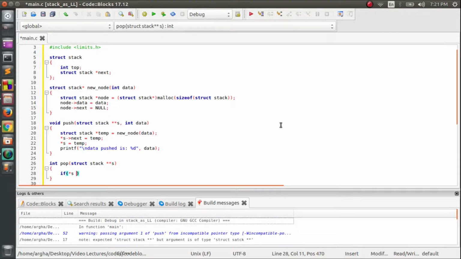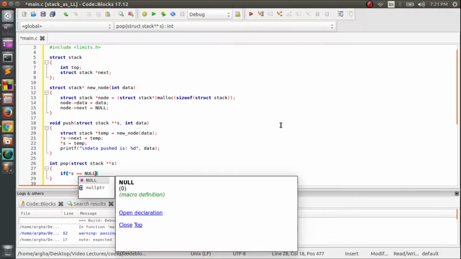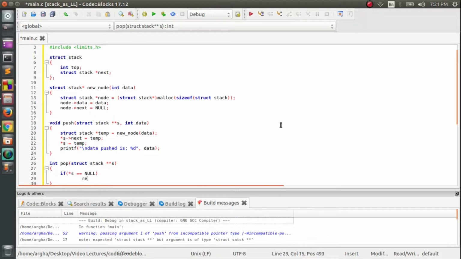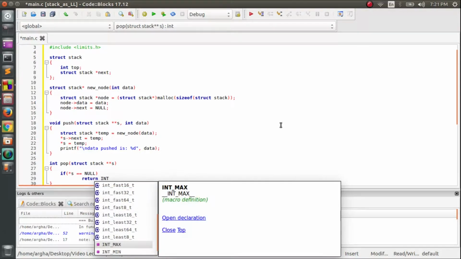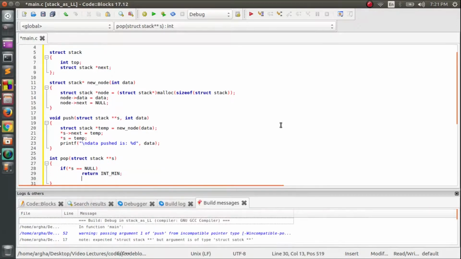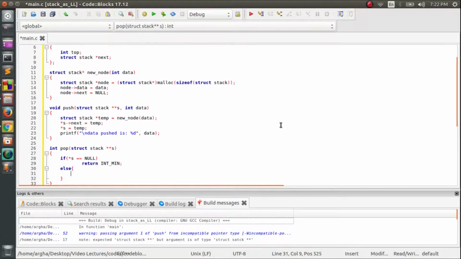So if s happens to be null, then we will return int min. Otherwise, in the else condition,